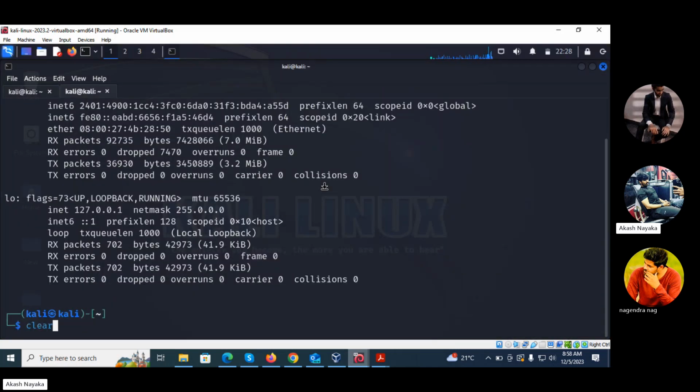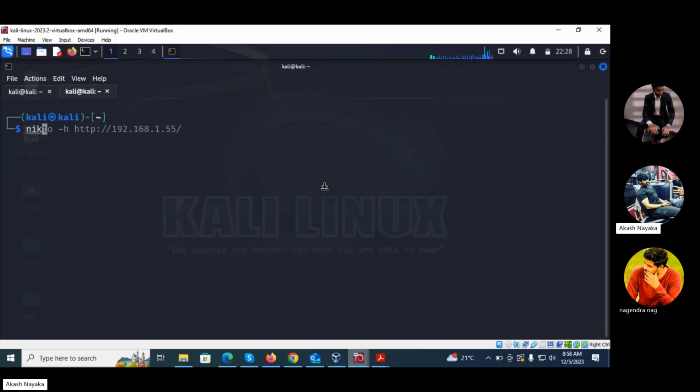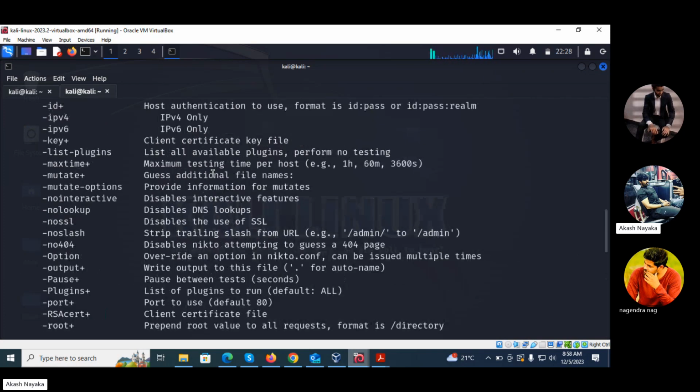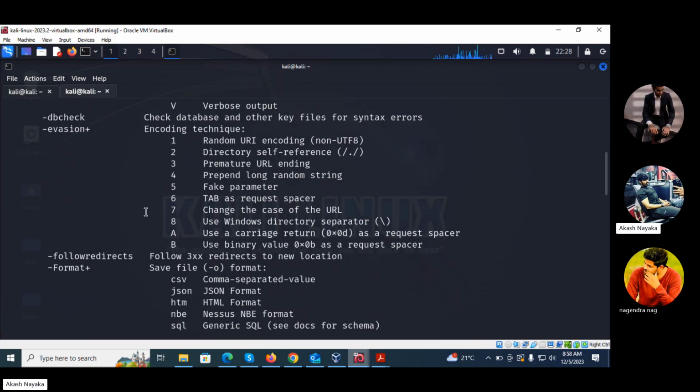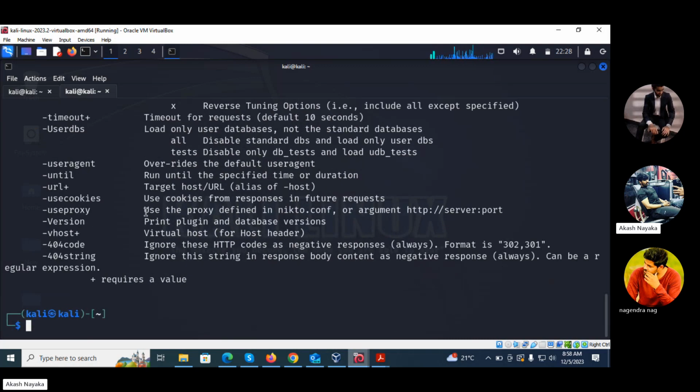In Kali Linux, there is a tool called Nikto. If you type it and press enter, you will get to know how to use it. Nikto is basically a tool that will gather a lot of information for you, and it will also gather information about any loopholes on the website. So how do you use it? You can type nikto -h, and then mention the IP address or any URL of the website